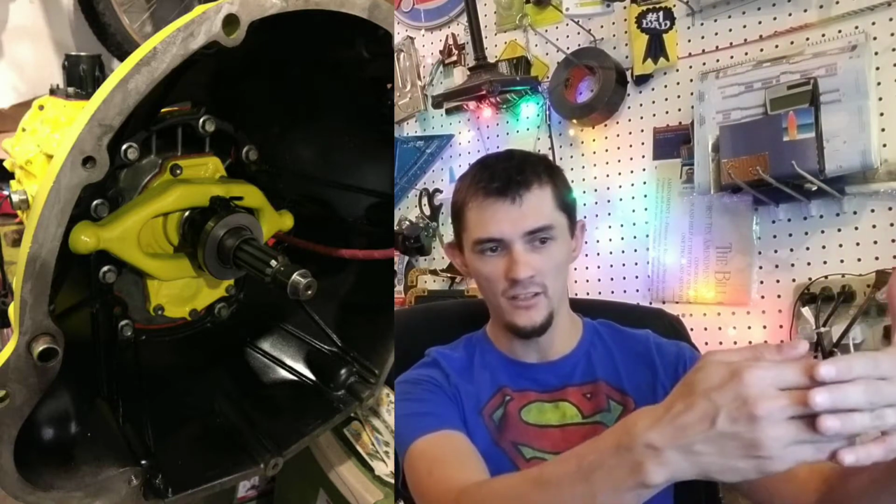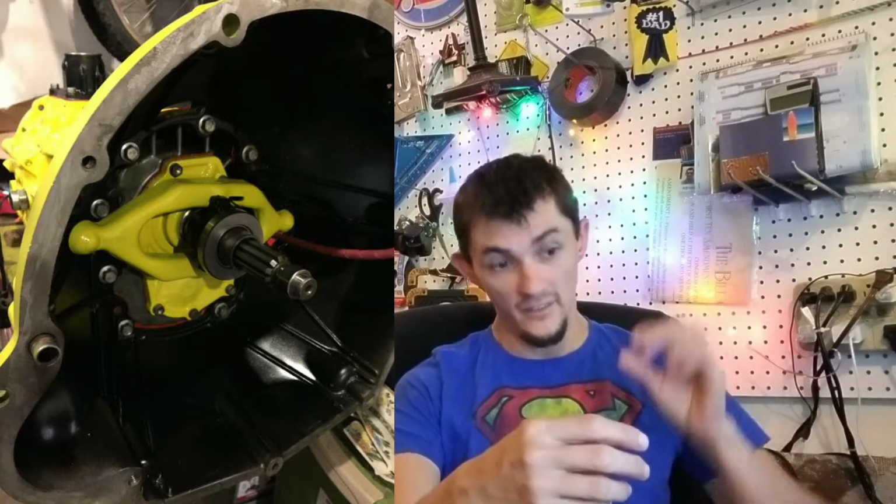After actually getting the transmission itself back home, got all the parts, got my box of goodies, I painted this one too. This time I went gold, or farm yellow, whatever you call it. Okay, so this gets us from, I got the engine, the bell housing, all the components on the inside, the slave cylinder, the transmission, and when we go one step farther, something that completely went over my head,